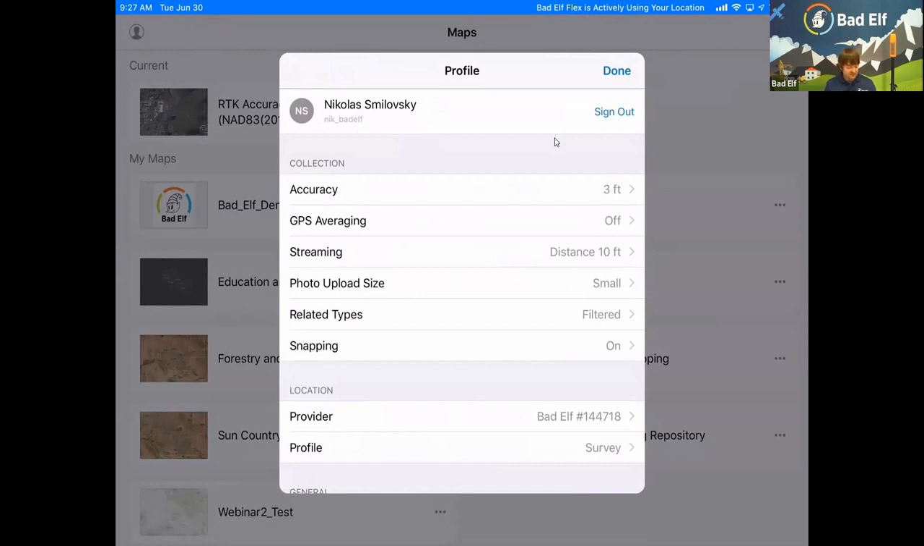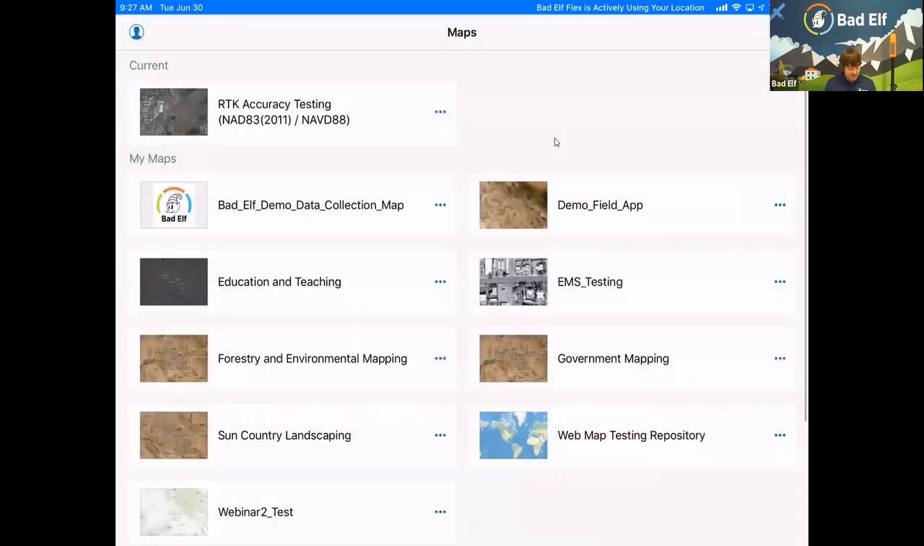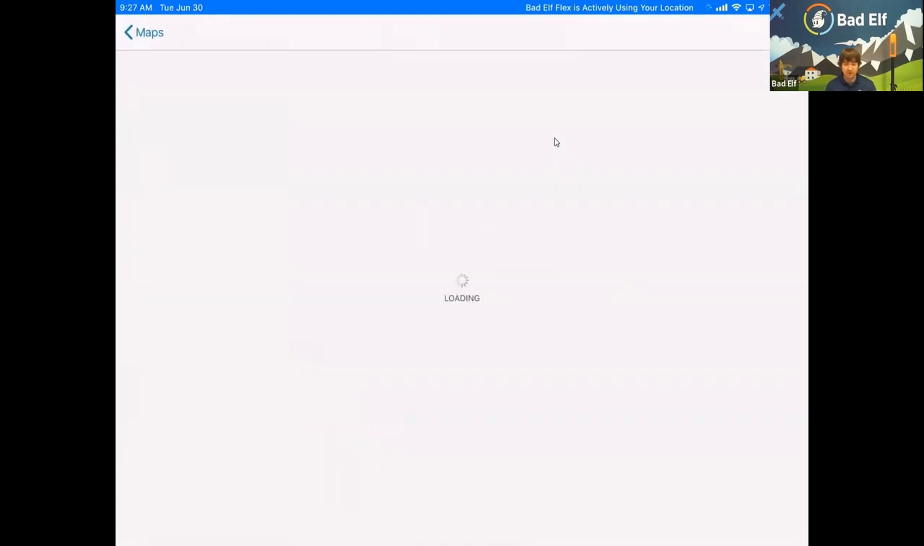The second thing is you can see GPS averaging. I have that off. That's an option if you want to take multiple points at a single location. Just note, we only recommend doing that for points. Do not try to average features for your lines, polylines. So I've got this all set up. I click done. Last but not least, I'm going to click the web map called webinar